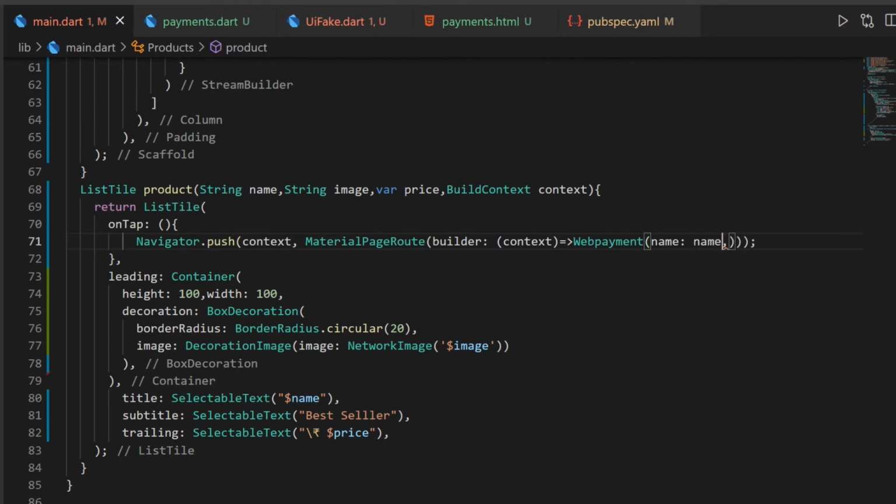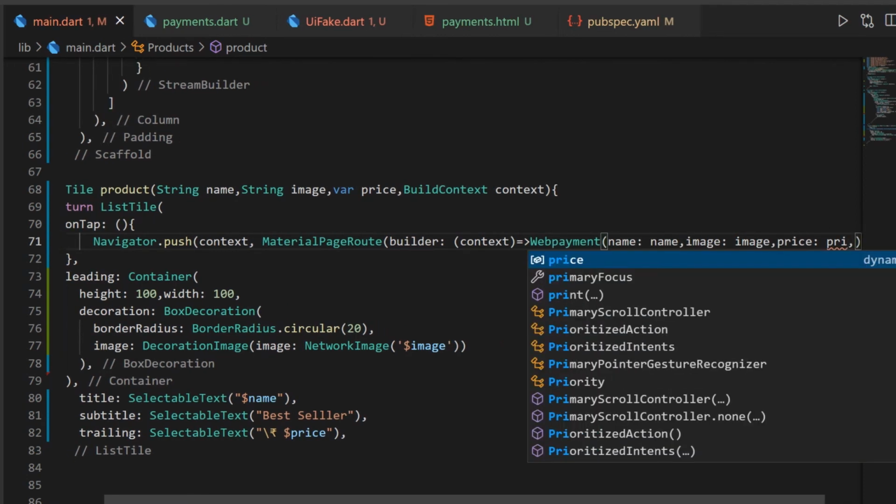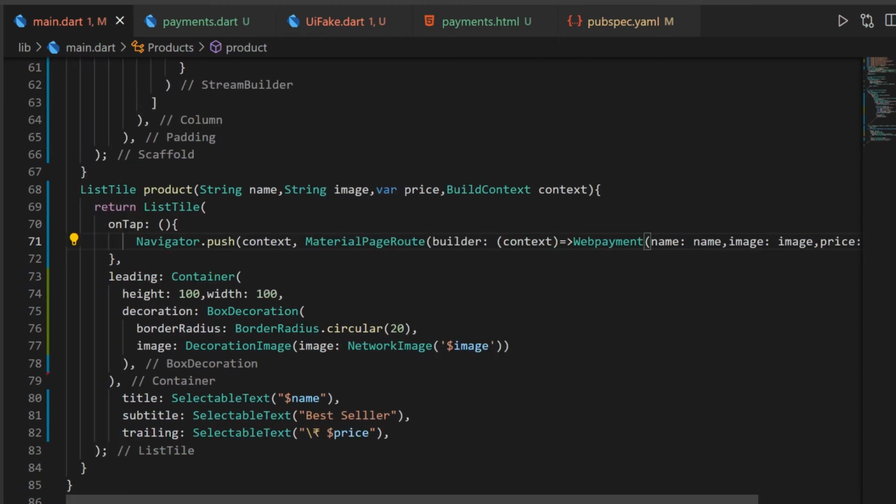We will pass the name, then the image, and then the price. Actually price will be an int variable. Then we will parse it, or make it double here.